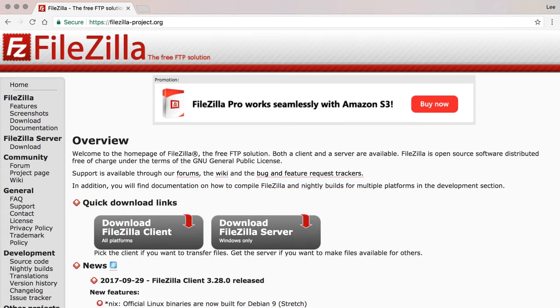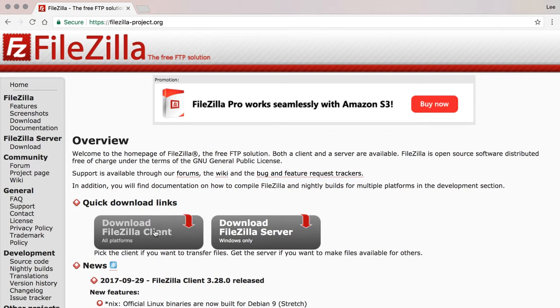And Filezilla is a very, very popular free FTP client that we're going to download to get the job done. If you Google Filezilla, you would get to the Filezilla homepage, and I'll put this link in the resources for the lecture. But you can get to the Filezilla homepage and click on download the Filezilla client. So again, there is a version of the client for all different platforms, Windows, Linux, Mac. So just go ahead, click and download the Filezilla client, and once that's installed, we will be able to connect